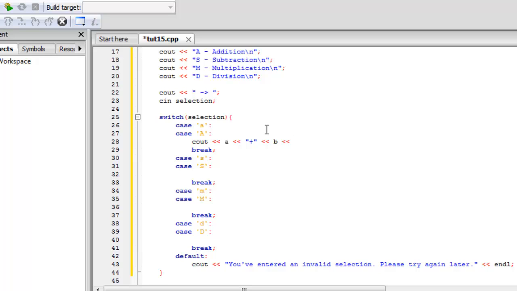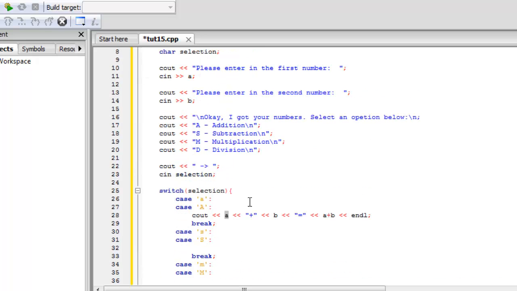Oops. Equals. And we're going to write A plus B, and then we're going to end the line. So what's going to happen is it's going to show what we entered in for A, and then it's going to have a plus sign, which doesn't do anything, it's just for looks. Then it's